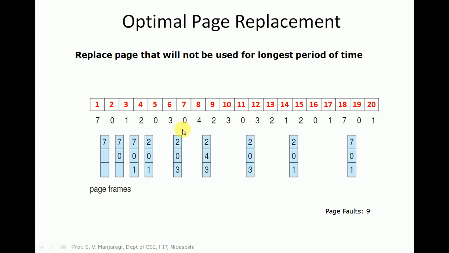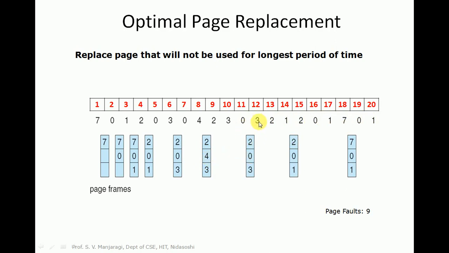For that we need to go for the page replacement since no free frames are available here. So among 2, 4, 3, which one do we replace? Let us decide. Here from this point, for 2, the future reference is 13. And for 4, there is no reference made in the future. So 4 can be replaced here because 4 will not be used at all in future. So we can easily replace 4 with 0.